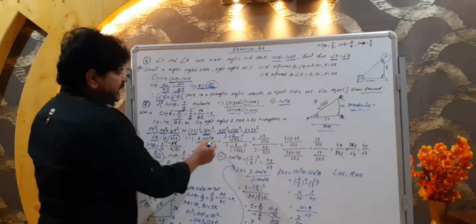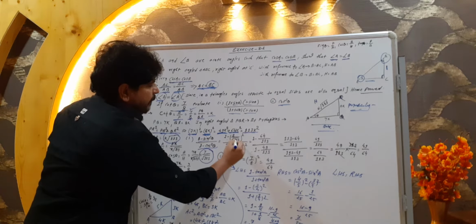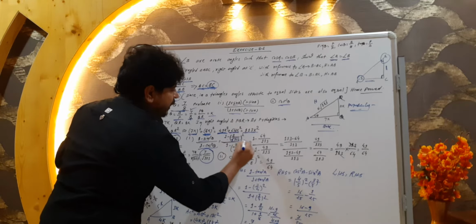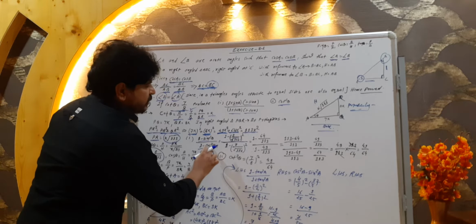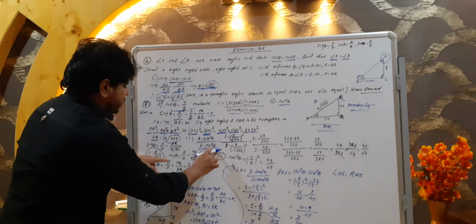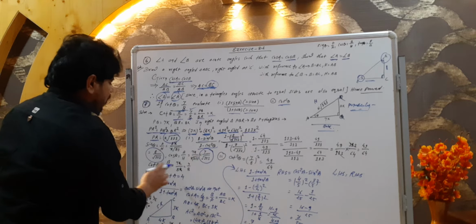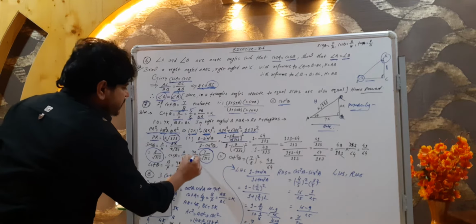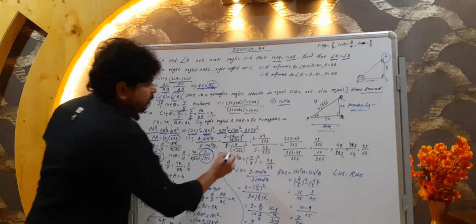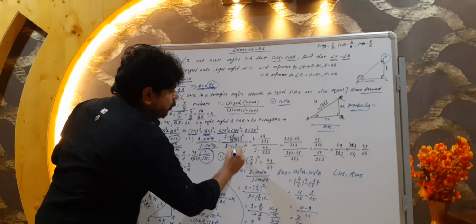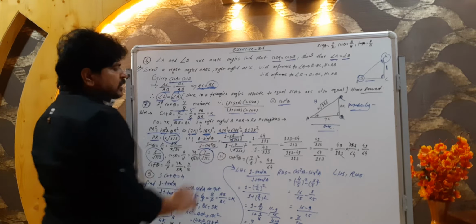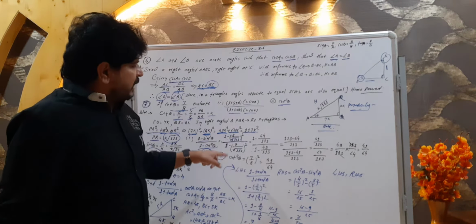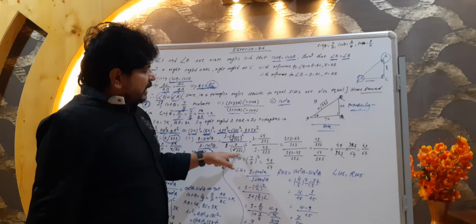What is given? 1 minus sin square theta. We can write 1 minus (8 upon under root 113) whole square, upon 1 minus cos square theta. We have to write the value of cos theta, which we found as 7 upon under root 113, whole square. So now we have 1 minus (8 upon under root 113) whole square, and another is 1 minus (7 upon under root 113) whole square.